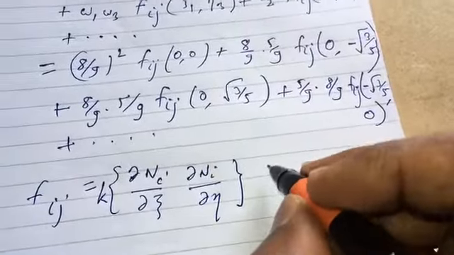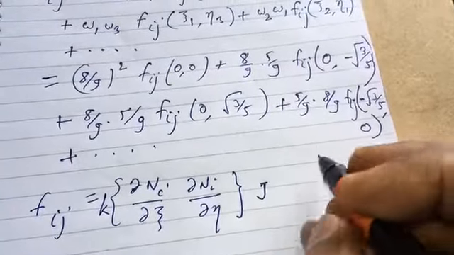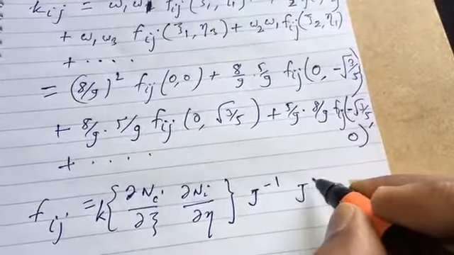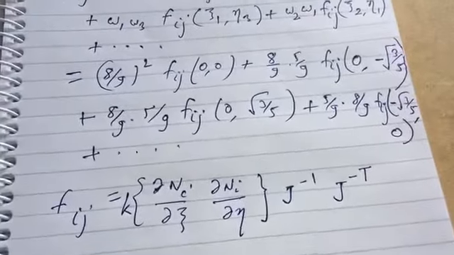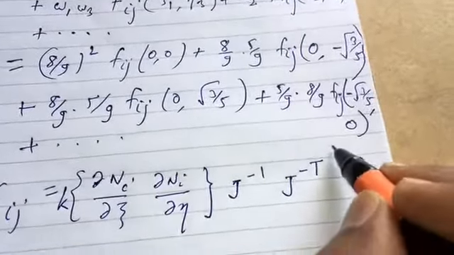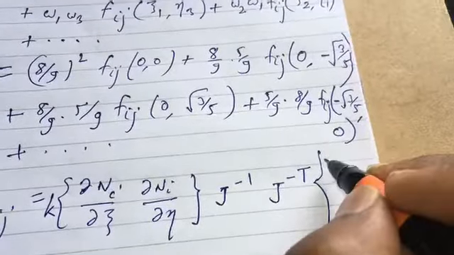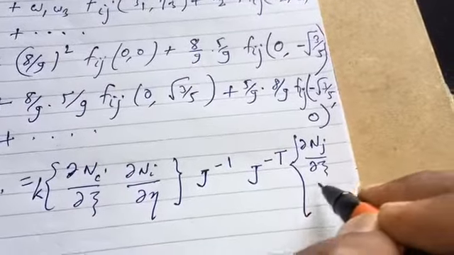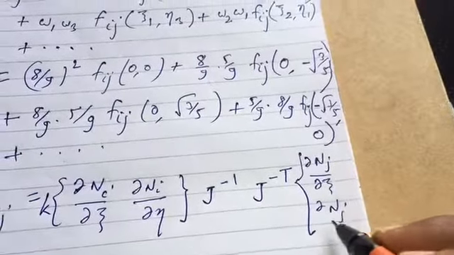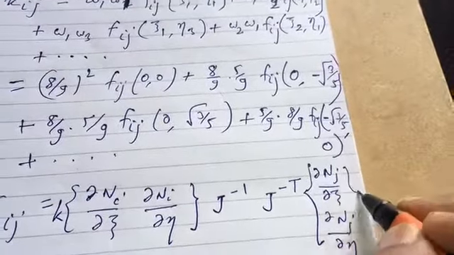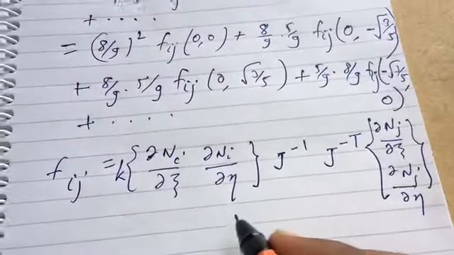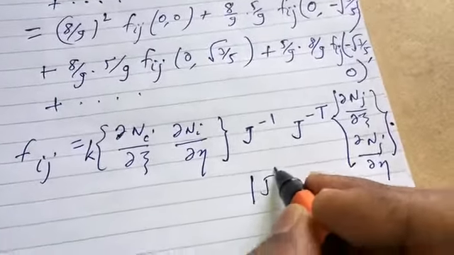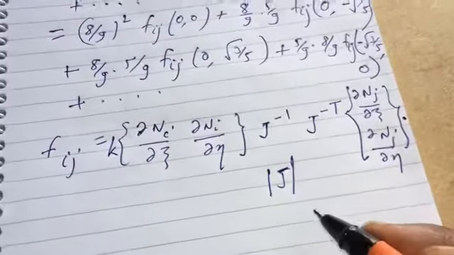Then we have J inverse, then J inverse transpose, and then we have del n j del xi, del n j del eta, and the whole thing multiplied by the determinant of J as well,